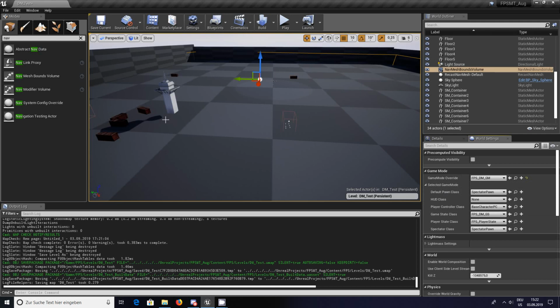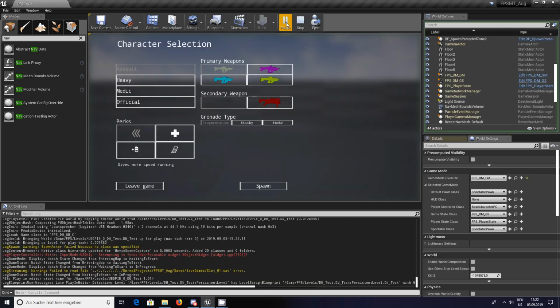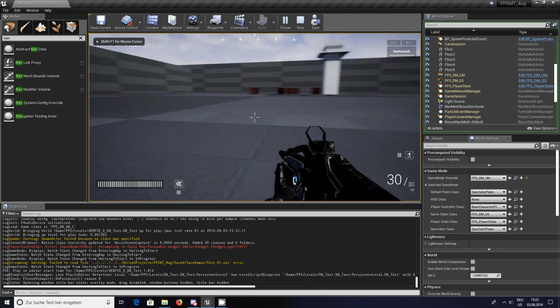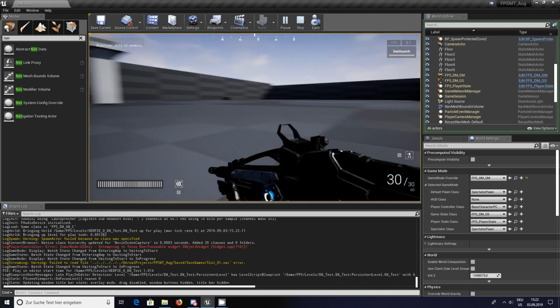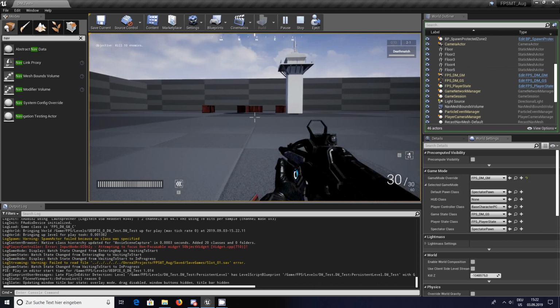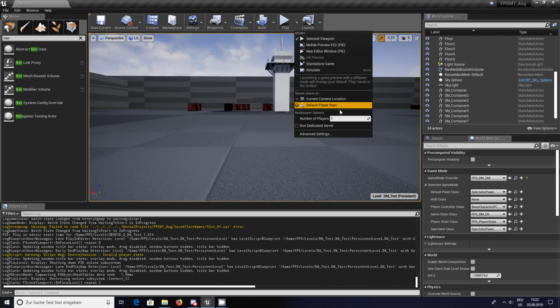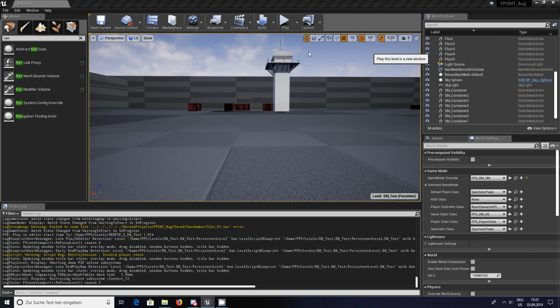Fine. Shall we? Can we play it? No. Well, we could. Let's just try. Yep. Nobody else about. Yeah, smashing. Okay, so what do we do here? We change the play options. I like playing in a new window,